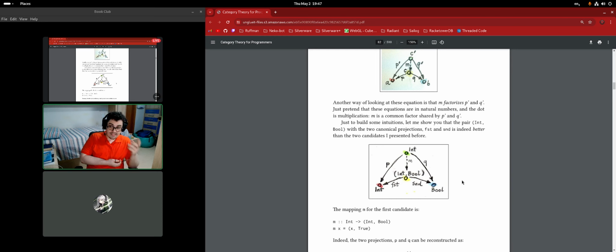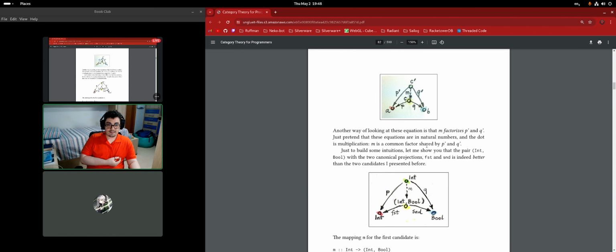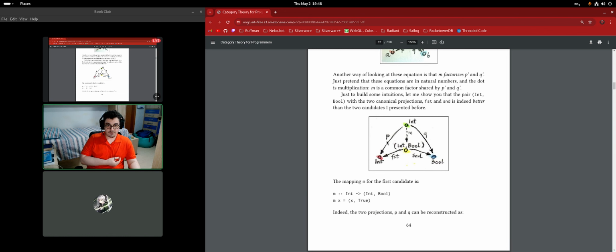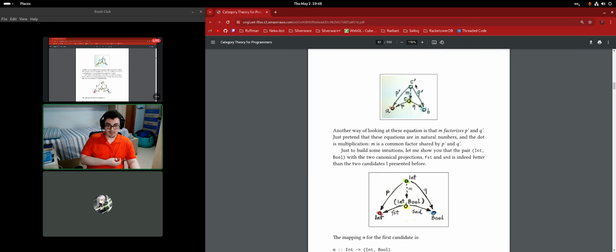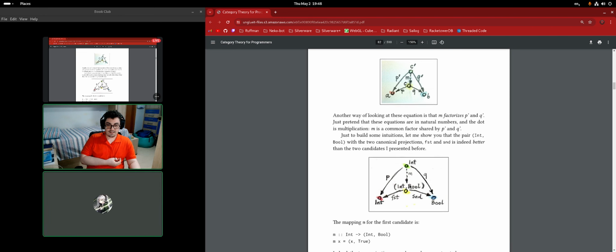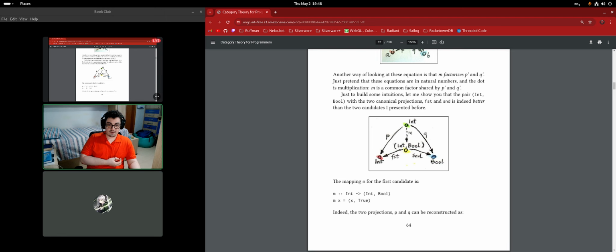And then we demonstrate that we can factorize the weak candidate using first and second, in fact, which is very interesting. So this is the abstract, and this is the concrete example in our case. So we are going from an int, which is our C, right? But no, this is C prime actually. This is C prime. So there is a P, there is a Q, and if we can define an M and compose with first and second, that means that the int is weaker than int bool.